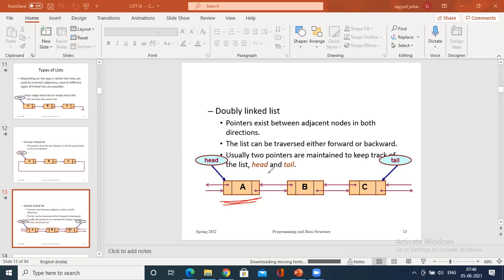But since here we have three compartments, three boxes, in between we always have a value. On the right hand side and left hand side, both contain the address or a pointer to a node. Pointer to a node means it is an address. So here A contains the address of B. Since the address of B is stored, we have a connectivity. And B holds, in this compartment, the address of the previous node. Try to understand. If you have not understood, once again, let me clarify.